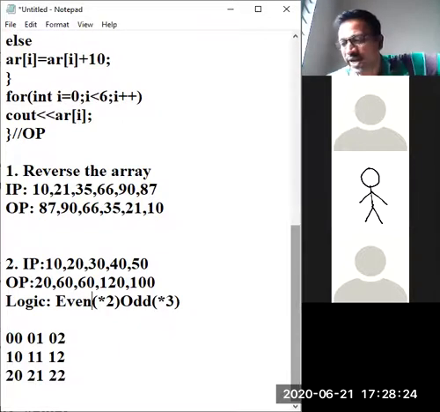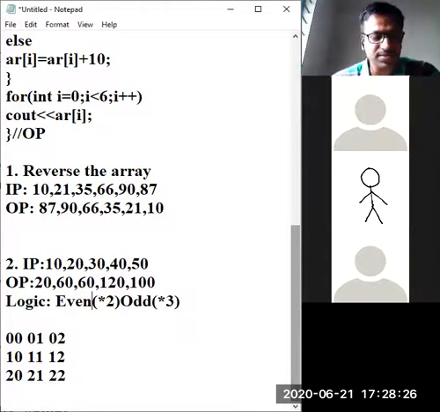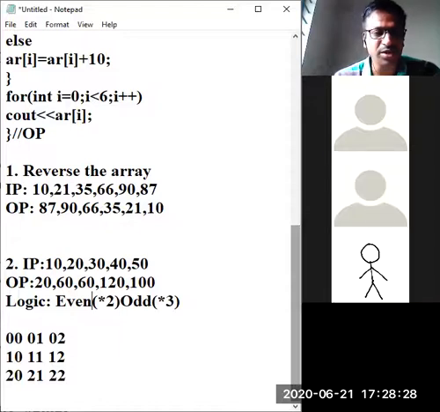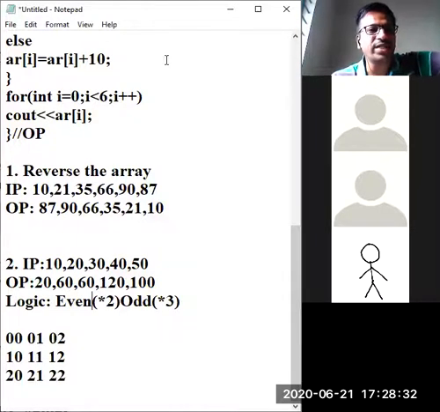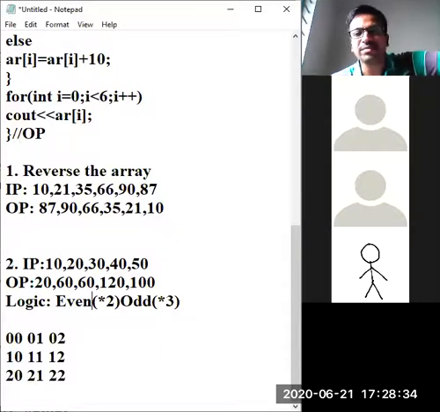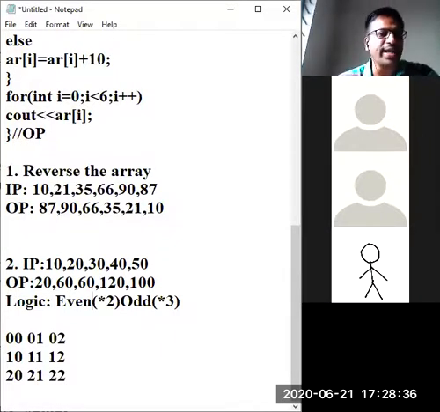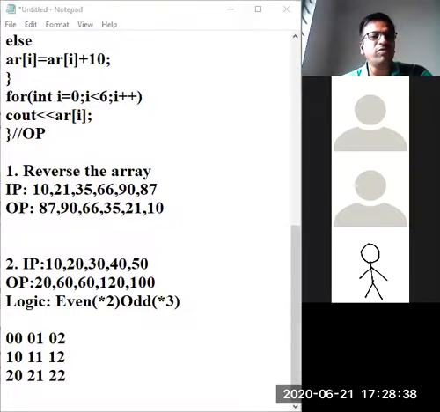You want a little break, or shall I continue with this class? Continue, fine. So, the 2-dimensional array. How do you design a 2-dimensional array? We will solve an application based on the sum of both the diagonal elements.